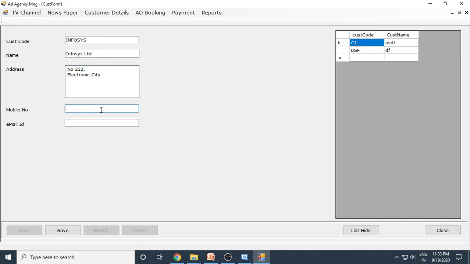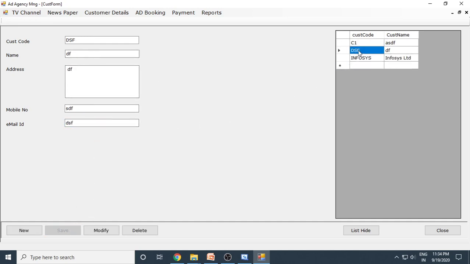Then mobile number. So I'm using the same mobile number, but you can enter the correct number. So email ID. And save. So a customer is saved. And now let's say there is one dummy customer. You don't want this. Click delete. It will be deleted.